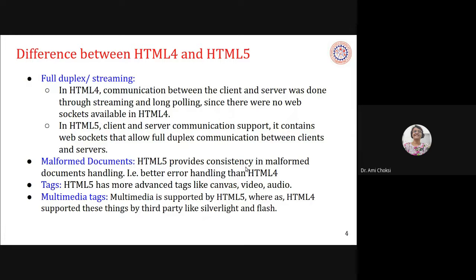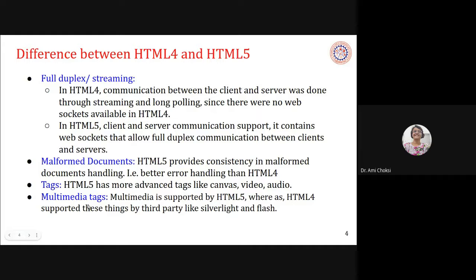Second is malformed documents. HTML5 provides consistency in malformed document handling, that is, better error handling than HTML4. The third thing is tags. HTML5 has more advanced tags like canvas, video, audio, and many others.